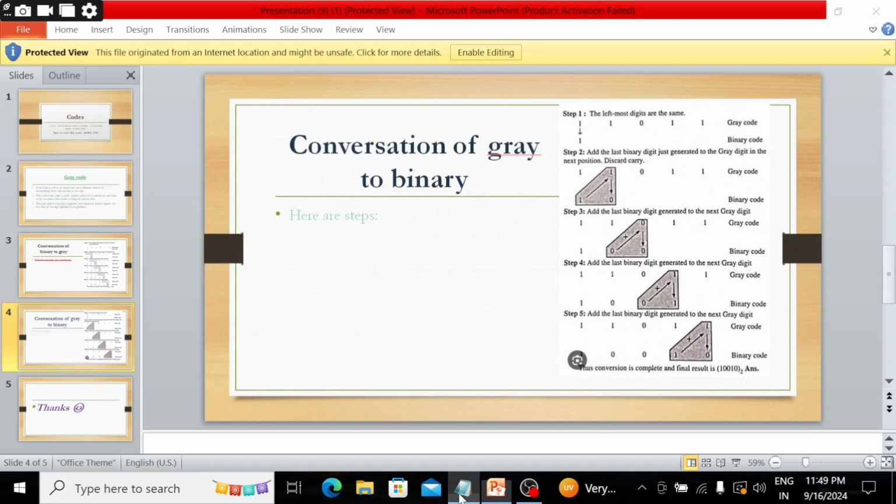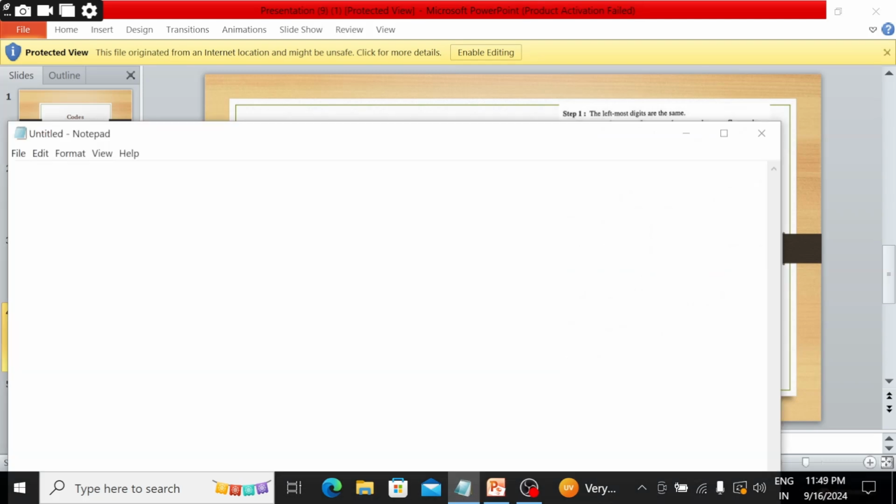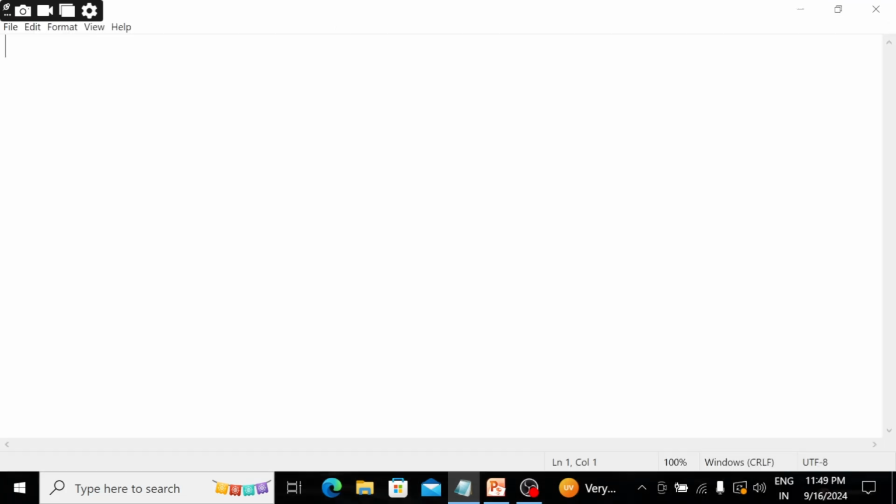After that I will explain how to convert binary to Gray code with an example. Suppose I take the binary number 11011.